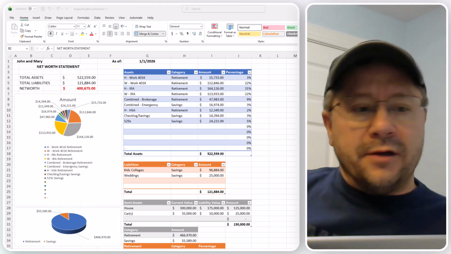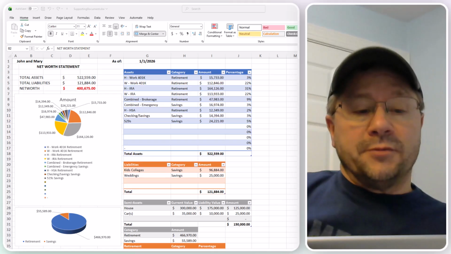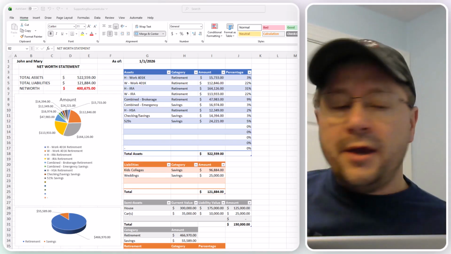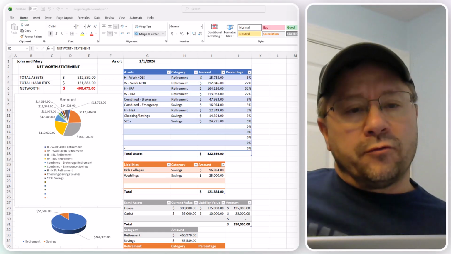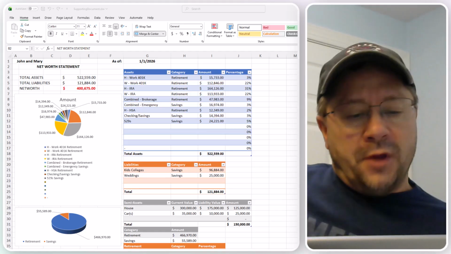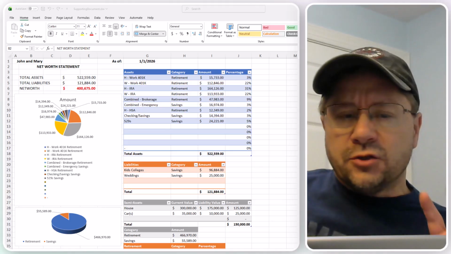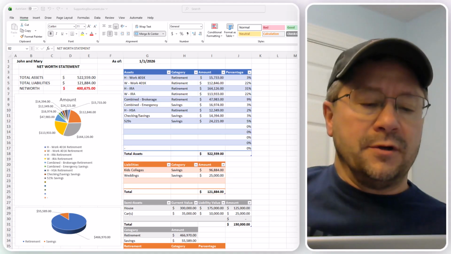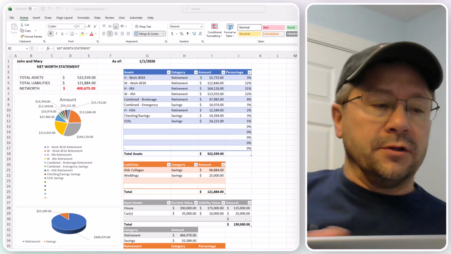I could go out to the internet and browse and look at a couple other ones as well, but I was looking for something that I thought would be nice, and I really want to get this down to one page. And again, to be able to show growth from last year to this year. I have two different versions. This is one of the versions where it's really just the current net worth, and the other version that I have that I'm not going to show today does do some comparison from last year to this year.